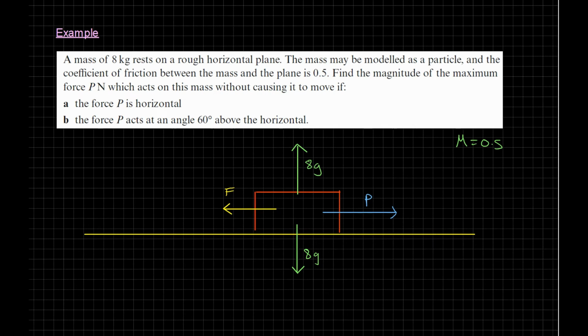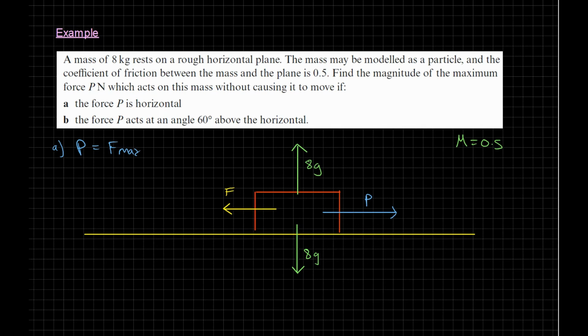So just think about what's going on there again. We're saying there's a force P, it's getting bigger and bigger and bigger, and eventually the box will move. So what's the biggest possible value P could be just before the box moves? It's going to be when P reaches the F max, right? When you exceed the F max, that's when you start moving. When you equal the F max, then you're just about to start moving, but you haven't quite yet. You're still stationary. So for part A, really, we're just being asked to say, well, P is going to be equal to F max,